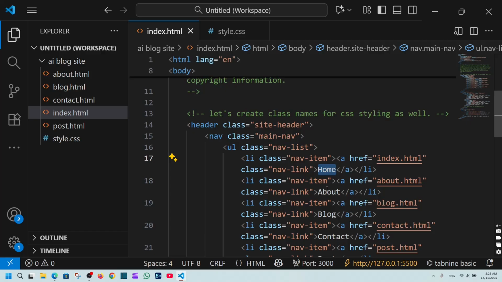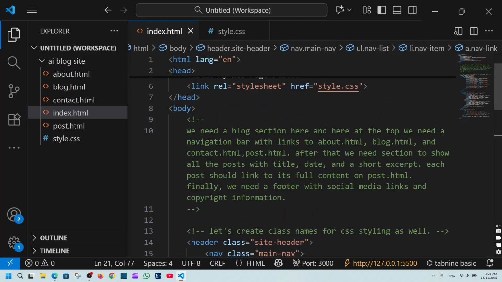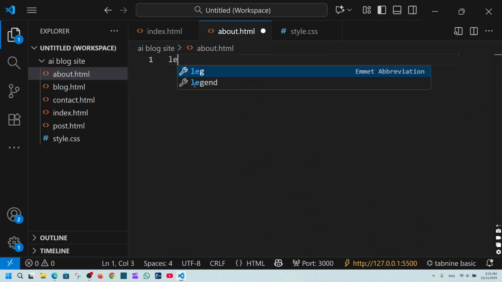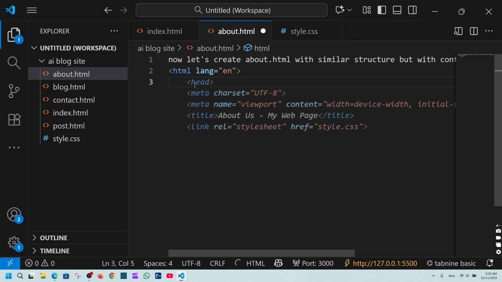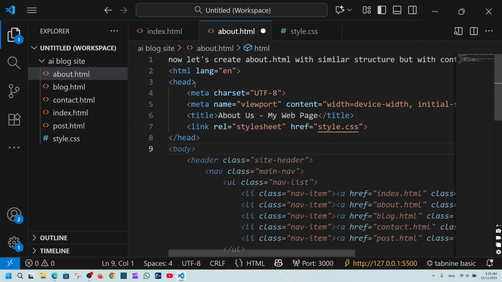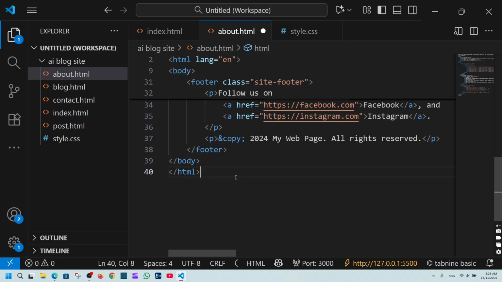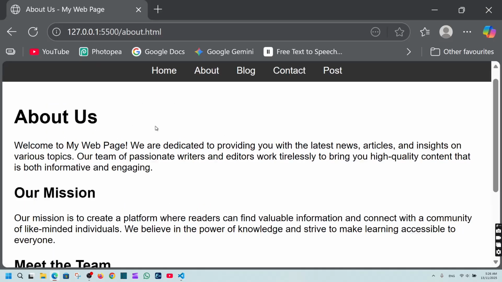All right. Now we have about, then blog, then contact, then post. So let's create all of them. We are going to go to the about section. Now let's create about.html with the same structure. So we are going to hit enter here. Body, hit press tab. Once again press tab. Now let's check whether the about section works or not, and here you can see it's working,